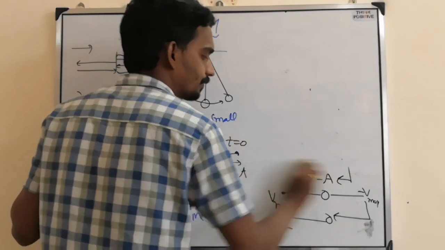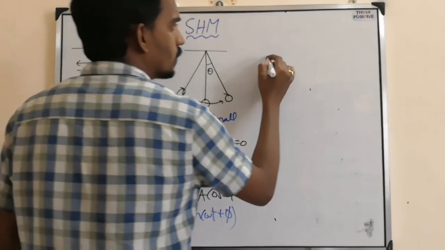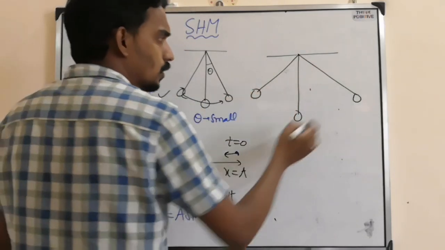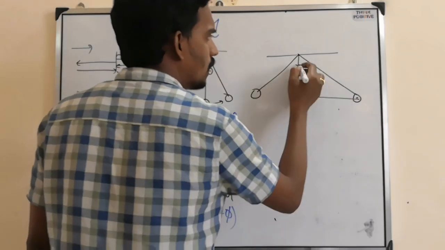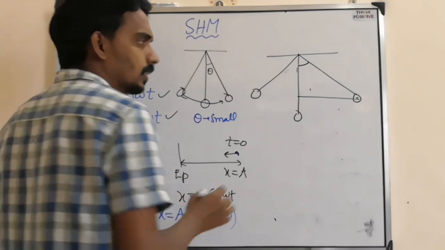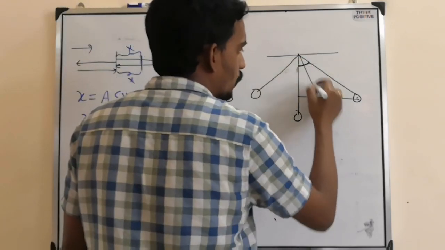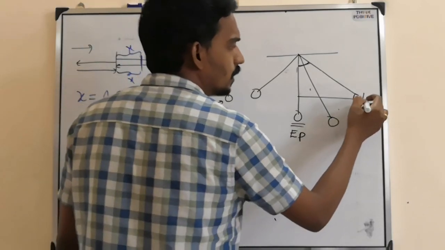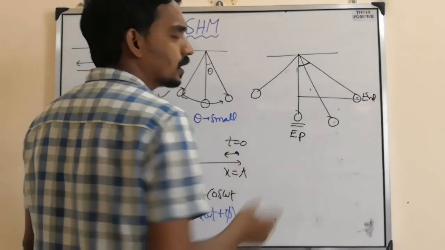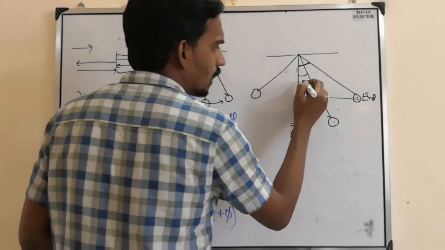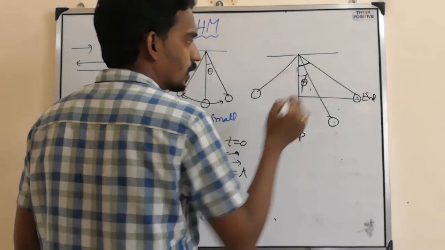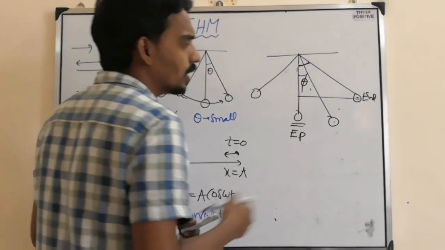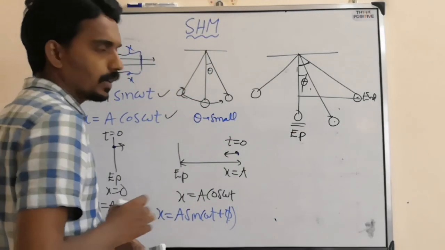I will tell you with this example. See here, this is the simple pendulum. It is oscillating between these two points. So this is the maximum angular displacement. Suppose it starts from here, meaning not from the equilibrium position and not from the end position, but some random position. Then the initial angle made is called, let's take phi. That initial angle, the initial angular position of the particle, is called the initial phase.